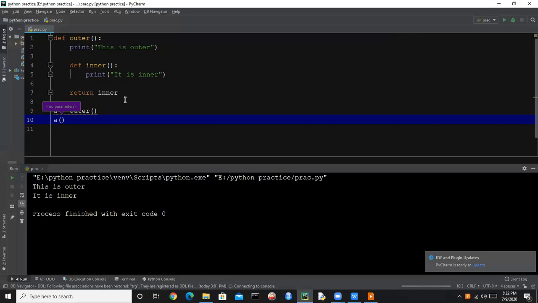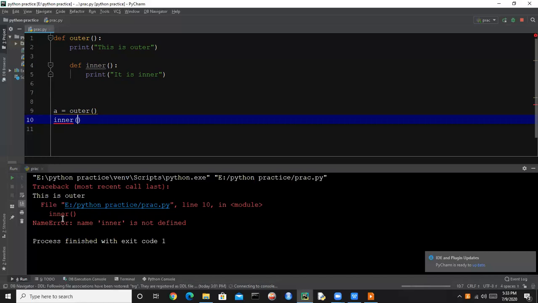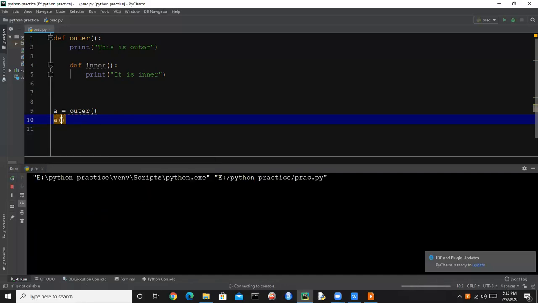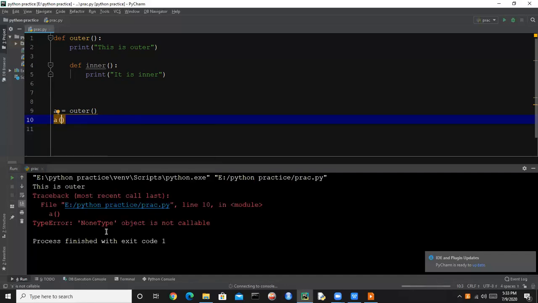If we try without this, like if we call inner, it will give an error, that is NameError, because inner is not defined outside the scope. If we try a here, it just gives us the output that NoneType object is not callable, because a is a NoneType object.